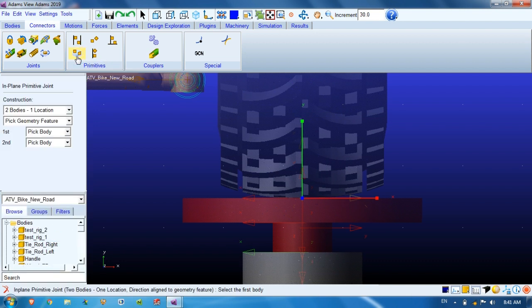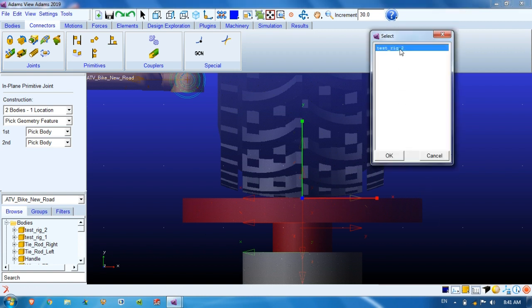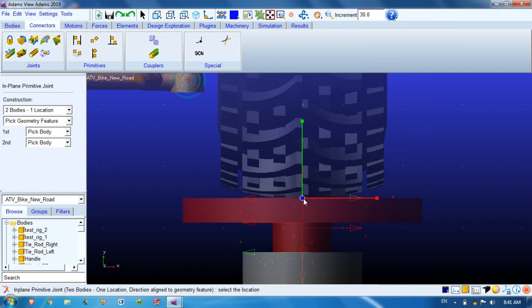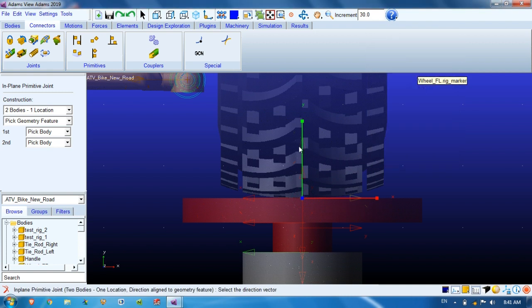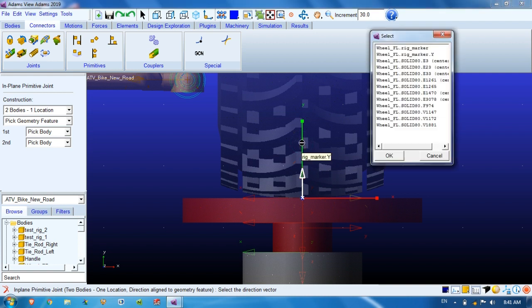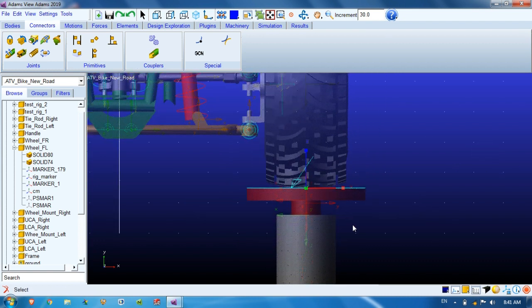Choose the in-plane joint primitive, two bodies one location, pick geometry feature, not normal to the grid. Front wheel left side, test rig as the second body, location right click, rig marker, and the normal axis is along Y. So this is created.